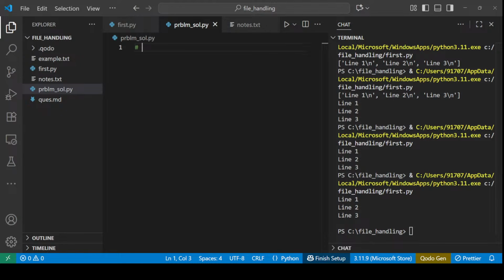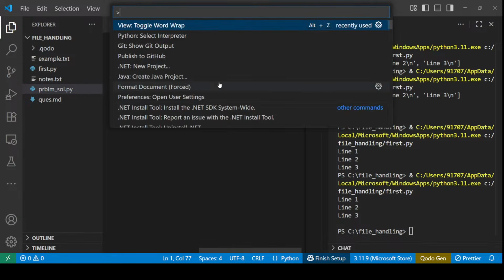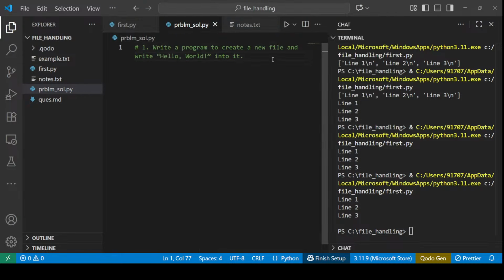Now the first problem is, let me first use the toggle wrap. The first problem is, write a program to create a new file and write hello world into it. This is very easy, we have already done this. So what will be the code for this? The code will be this, with open. First we have to give the file name, so let's give the file name as